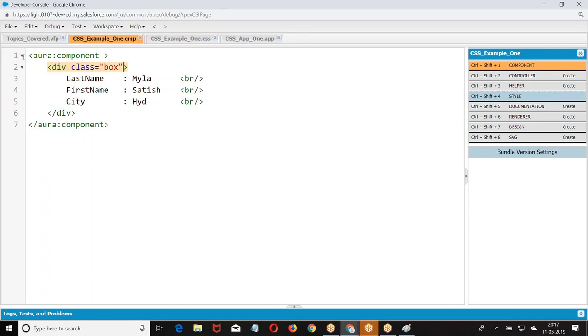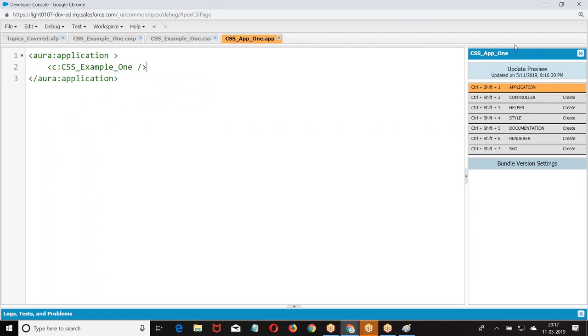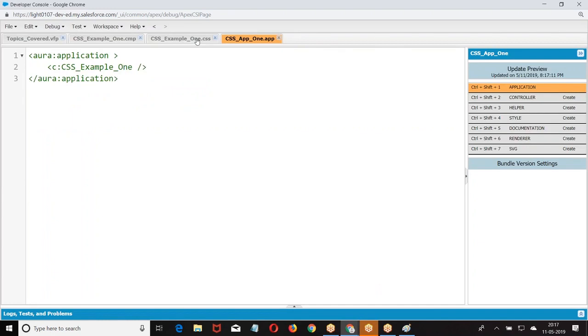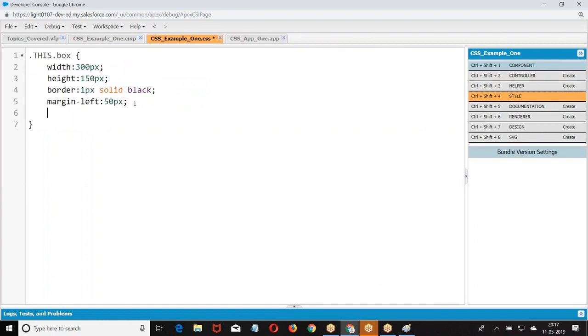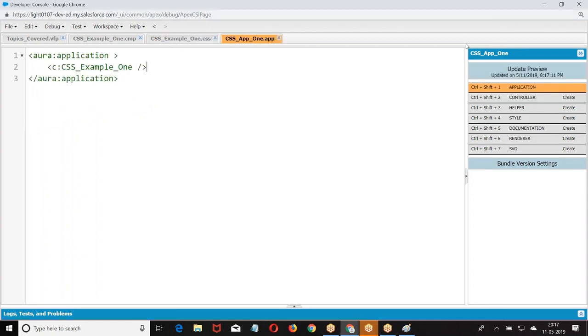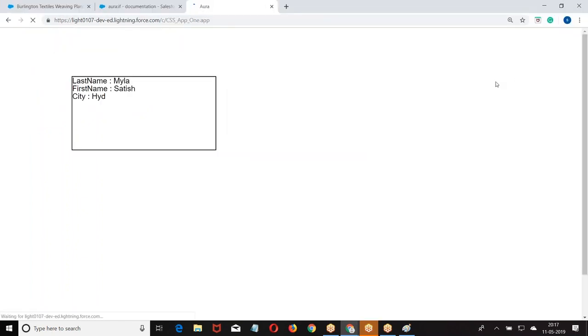Div, so class equal to box, right. Margin left. Then I'm giving margin top.